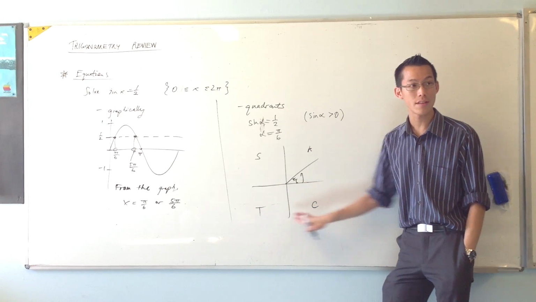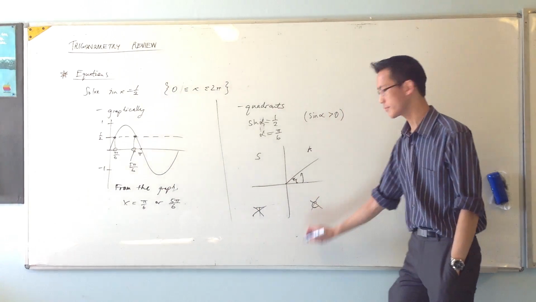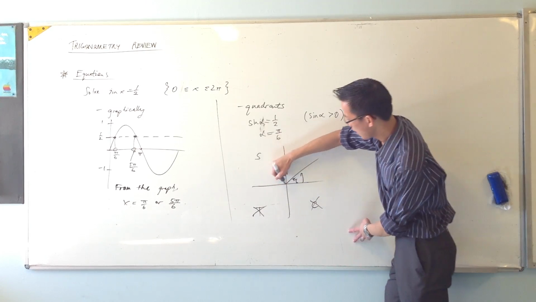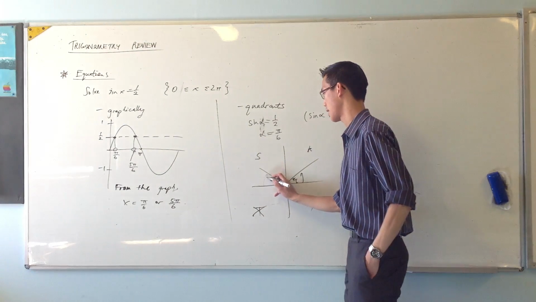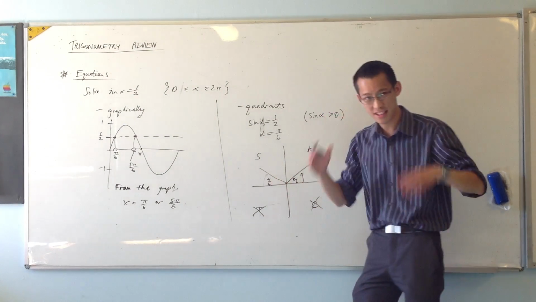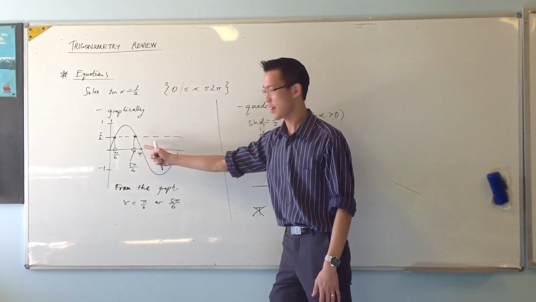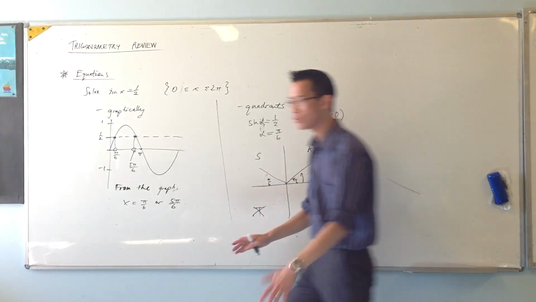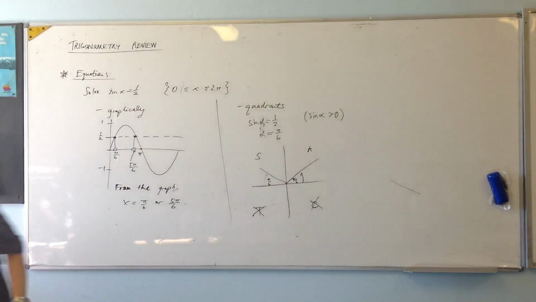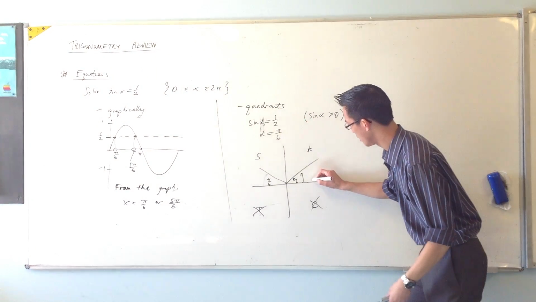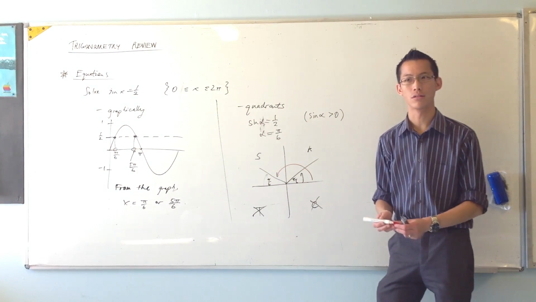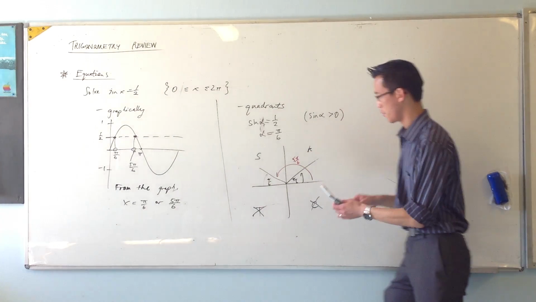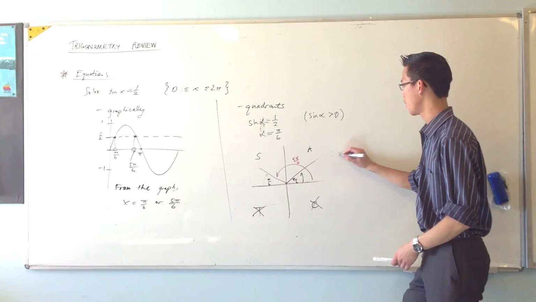So I can't be in either of these quadrants here, so I ignore them. Okay? So then I have to say, in this quadrant, what does pi on 6 look like? It always comes from the horizontal. Okay? So pi on 6 that way, and you can see it's analogous to looking at the graph and going to the left a little bit. Okay? So pi on 6 going up a bit. The actual angle that's the answer I'm after is this obtuse angle, right? And that's the 5 pi on 6 that I got before. Okay? So from there I can say, therefore,